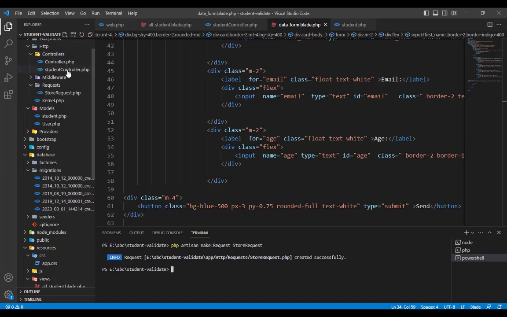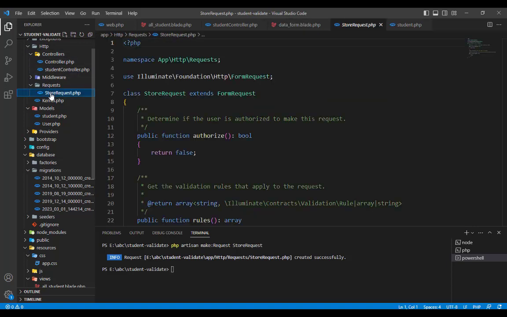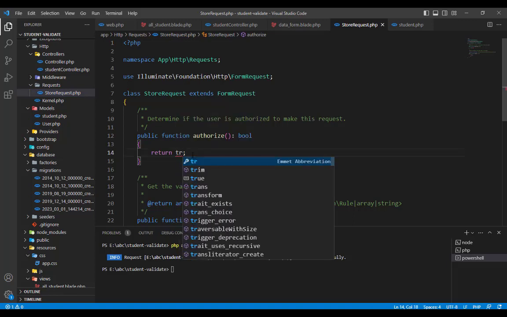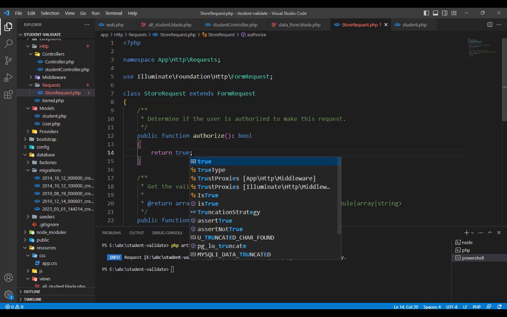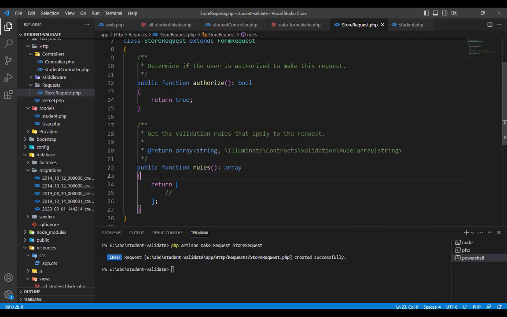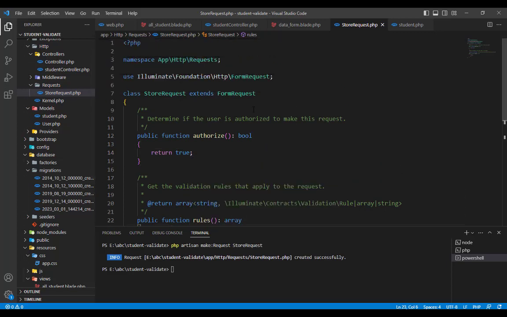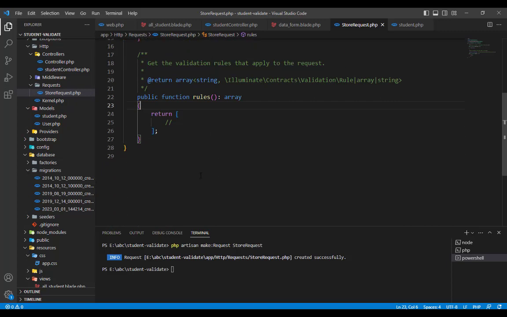in HTTP, Requests, and here this is StoreRequest. The main point here we must focus on: this authorize method returns a bool for us. It must be true. Very important, it is true. In this request form, this class extends from FormRequest, and Laravel provides for us this function rules. We can add our